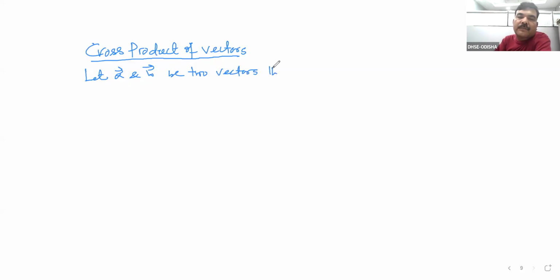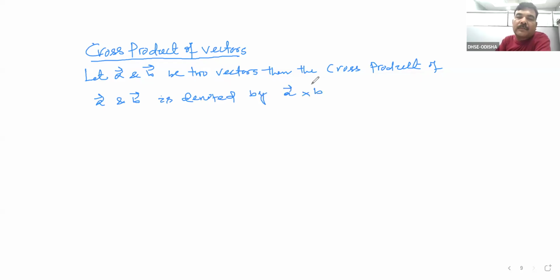Then the cross product of A bar and B bar is denoted by A cross B, which is defined by